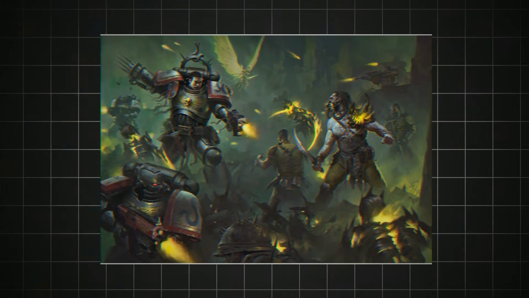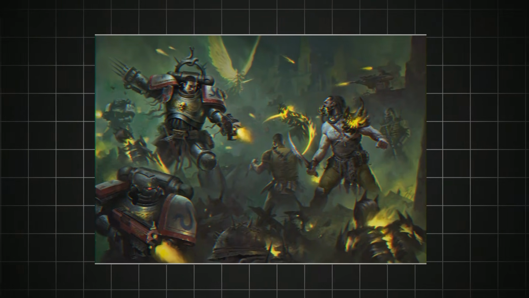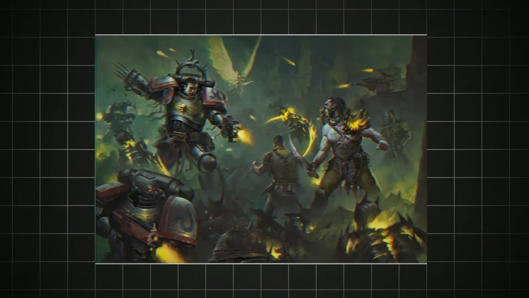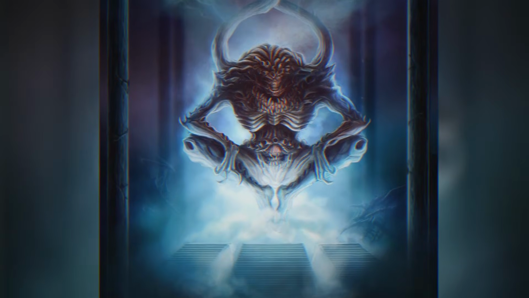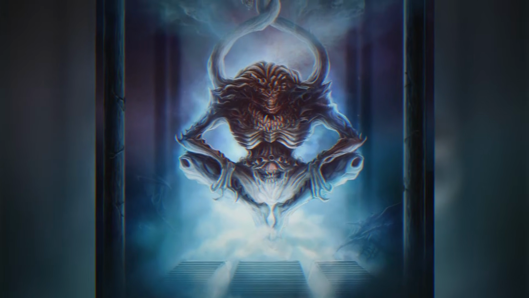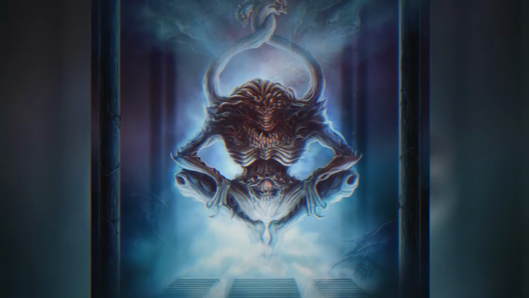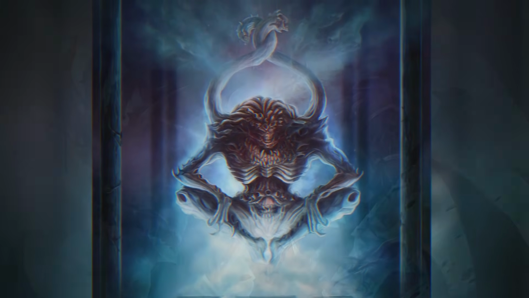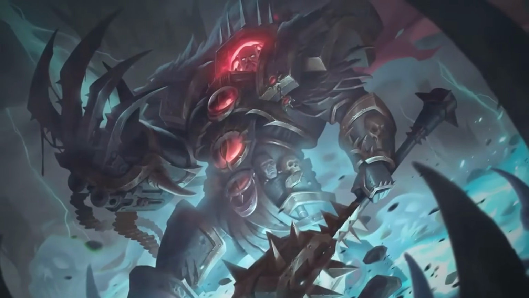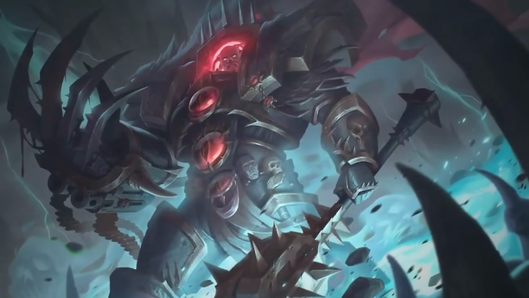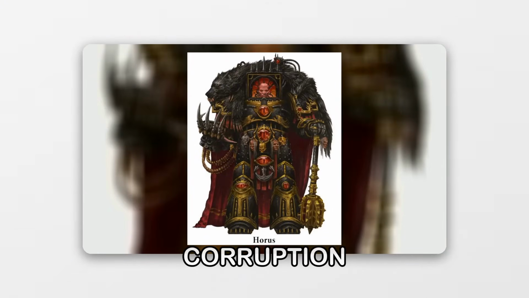There, through dark rituals and the manipulation of Horus's weakened state, the Chaos Gods, primarily Nurgle and Slaanesh, began to whisper their insidious promises to him. They exploited his growing resentment of the Emperor's secrecy, his perceived abandonment, and the Emperor's perceived slight against his brothers, particularly Lorgar. They twisted his ambition, convincing him that the Emperor intended to become a god, and that only Horus could save humanity from such a tyrannical fate. The corruption was gradual, a slow poisoning of his mind and soul, but it was absolute.